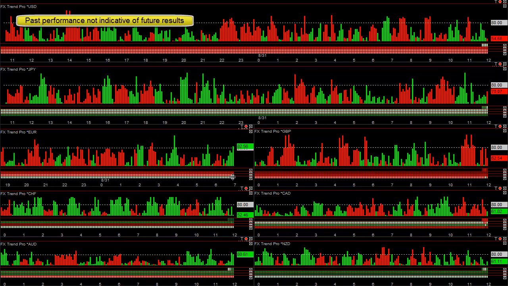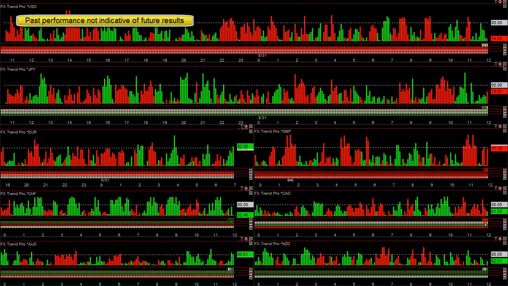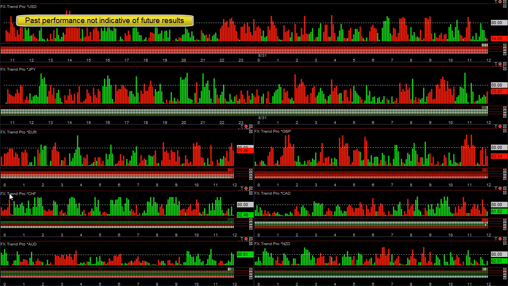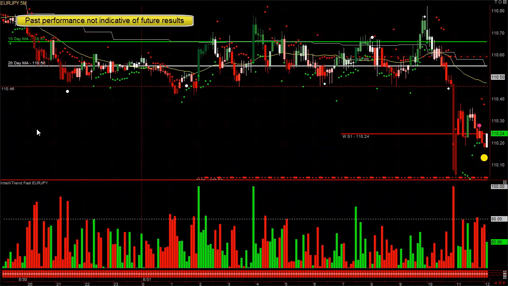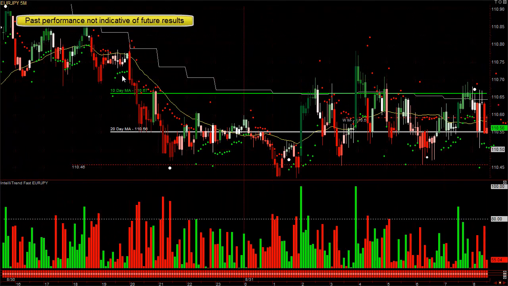Let's see, the euro was weak at that time. The pound was weak. So coming into today, you could have sold the euro yen or pound yen. Here's the euro yen, and you can see coming into midnight, you're looking to sell. It went down, a little counter trend move, down, counter trend move, down, a little sideways wedge pattern, down again,